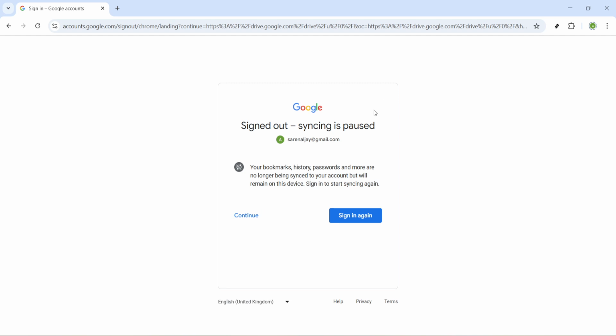And there you have it. By following these steps, you can quickly sign out of Google Drive, safeguarding your personal information with just a few clicks. If you have any further questions or encounter any issues, feel free to check Google's support site for additional help. Now you can rest easy knowing your Google account remains as secure as possible while you're on the go